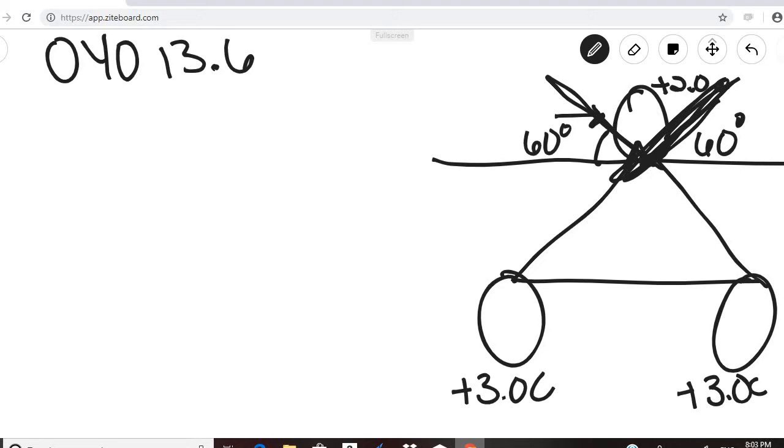And remember, we always measure these angles from the positive x-axis. So if this is 60, this would be 180 if it were straight out. So that would be 180 minus 60. So this would be 120 degrees angle. Okay, so